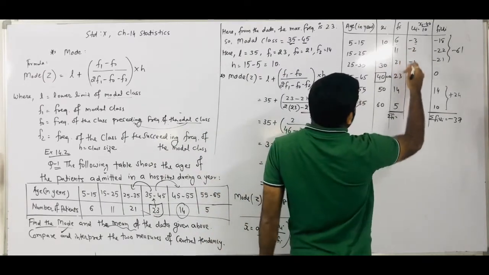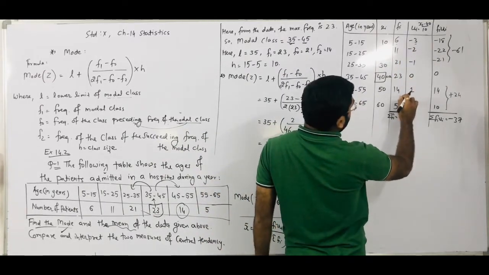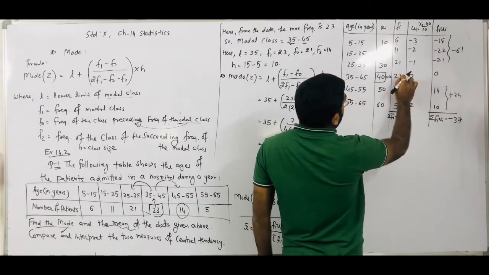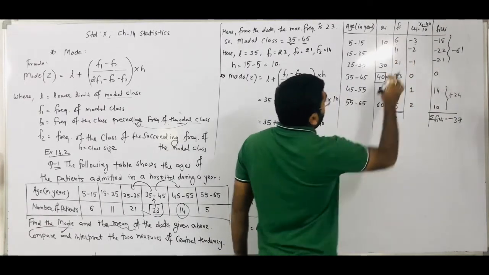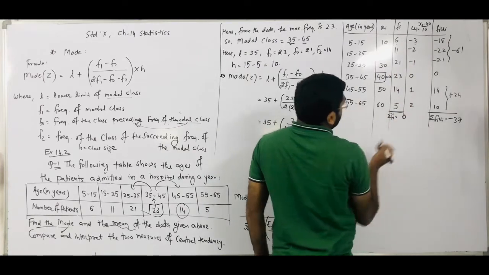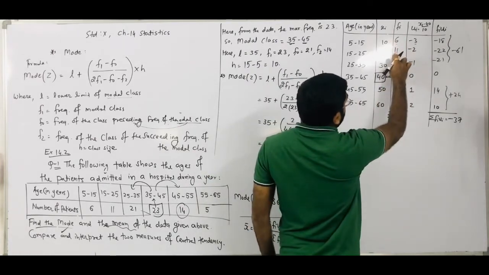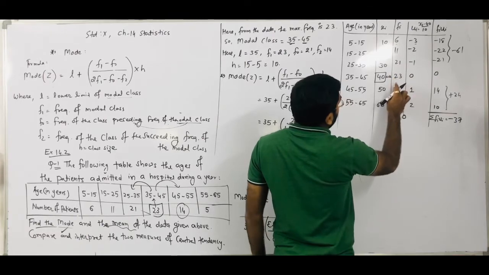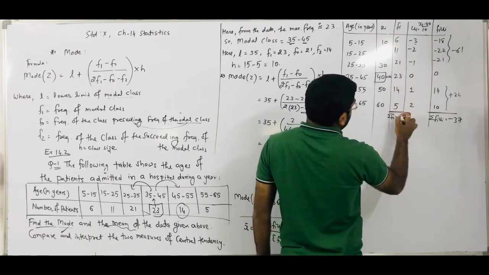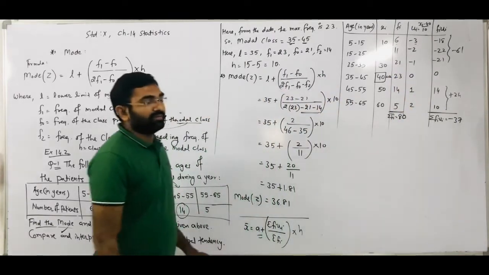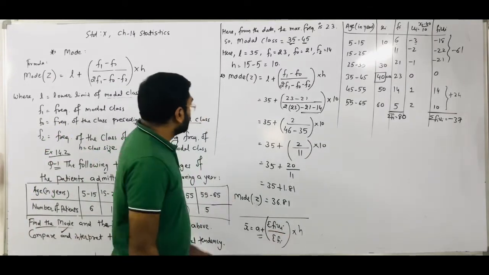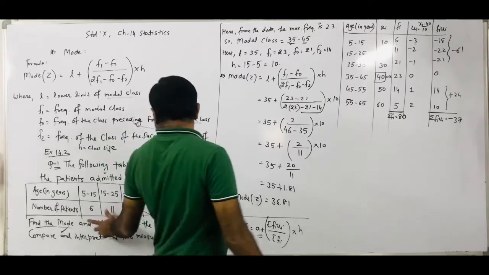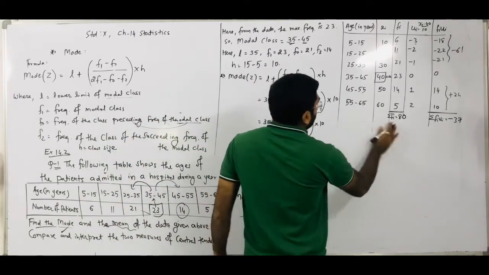So how can we take the unit place numbers? First of all we add 5 plus 4 is 9, 12, 13, 14 and 16. So 14 plus 6 is 20. So 2 is here. 2 plus 1 is 3, plus 2 is 5, plus 2 is 7, plus 1 is 8. So we get the 80. Sigma Fi value is 80. And another value we require is H. H we already defined here. For the same data, here we get H is 10.